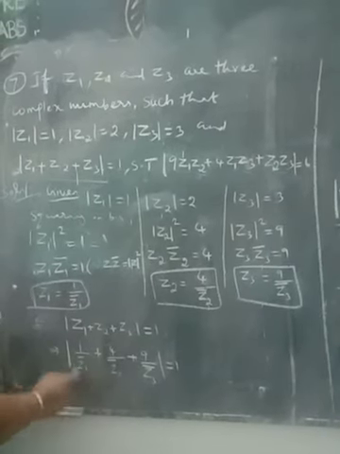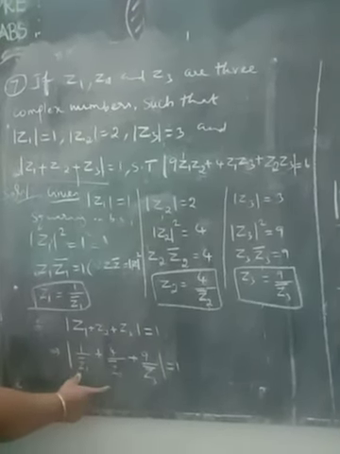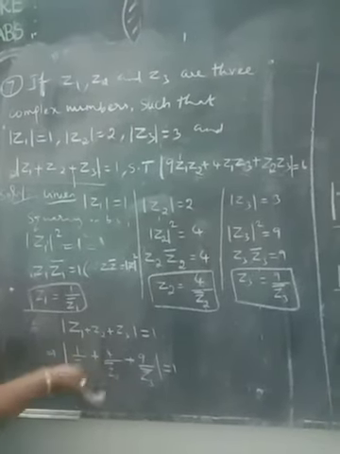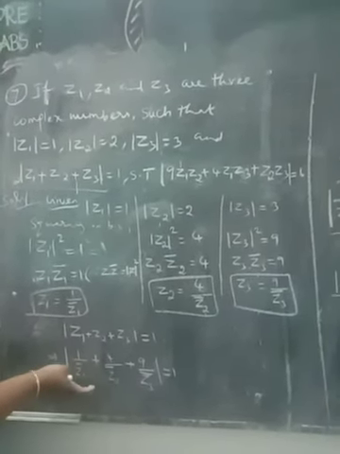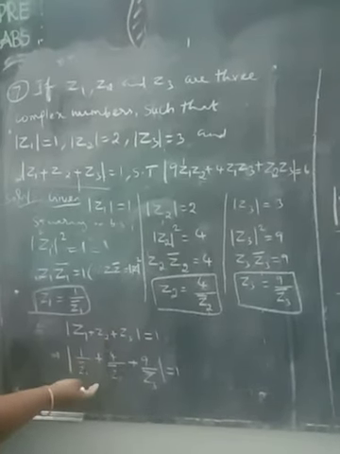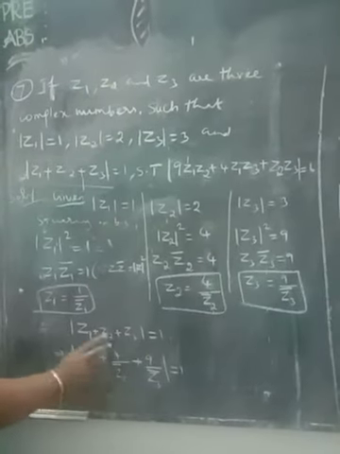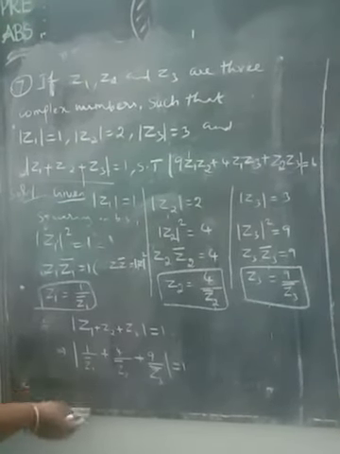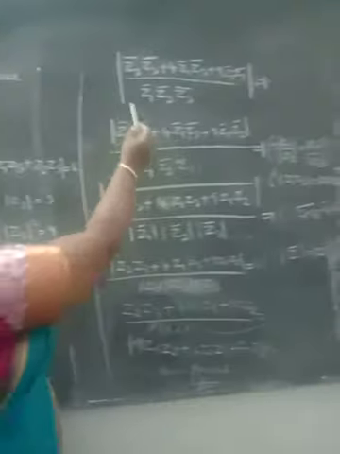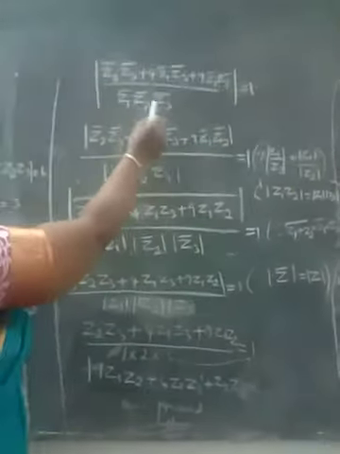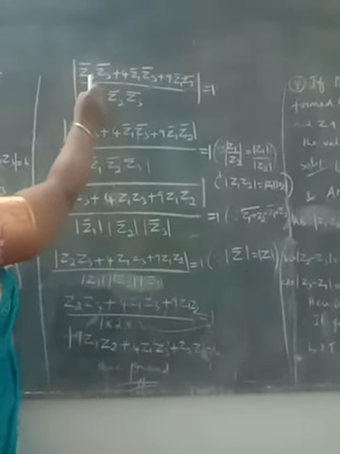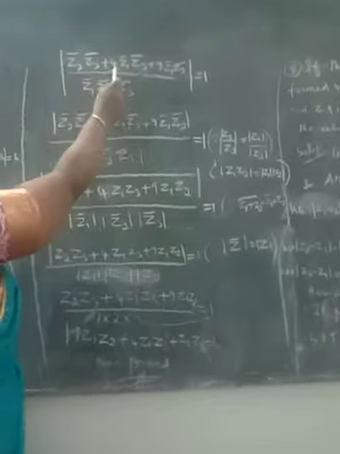This is nothing but ordinary fraction addition. Already you have done this problem in previous classes or primary classes, isn't it? In 5, 6, 7, 8 classes you have learned how to simplify fraction addition, isn't it? So, now using the concept of LCM, we are going to simplify this one. Now, if we take LCM, we will get Z1 bar, Z2 bar, Z3 bar as LCM.